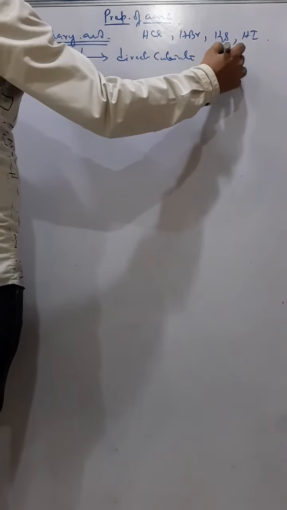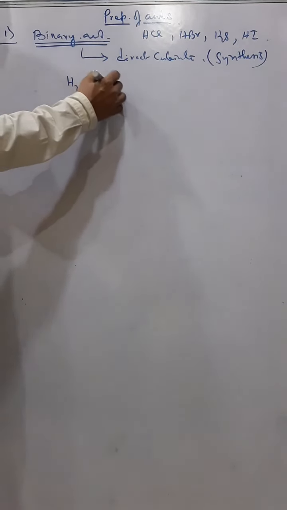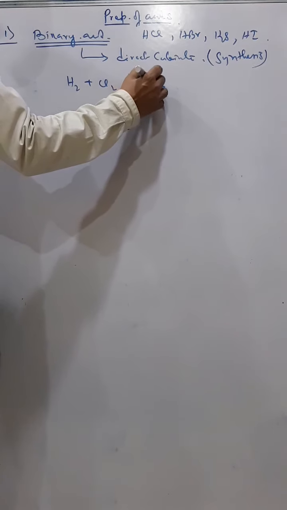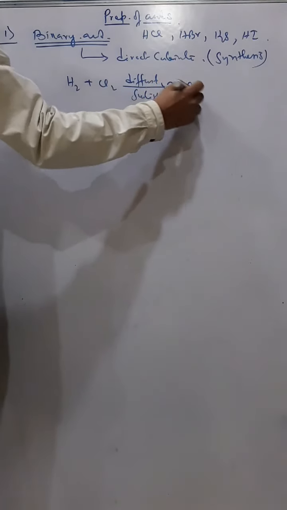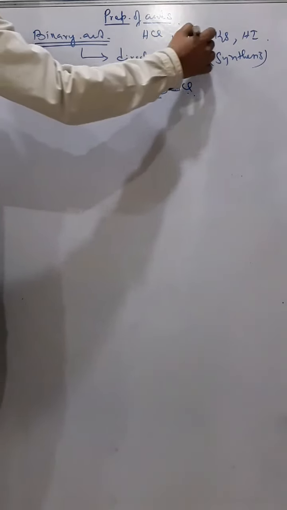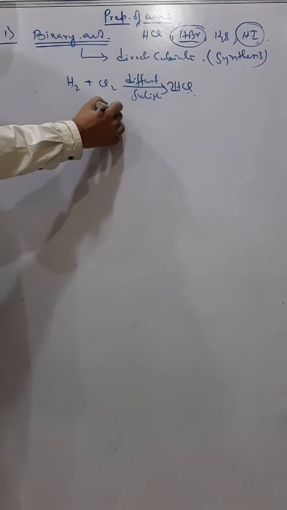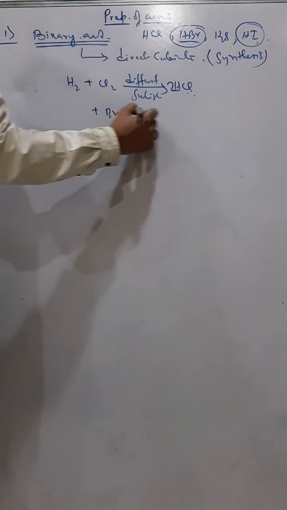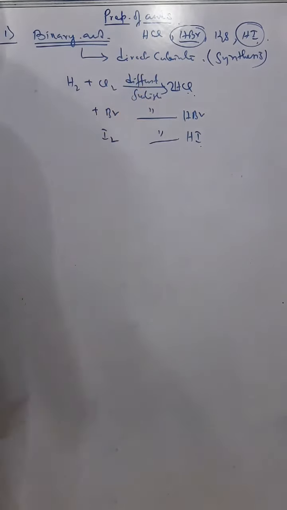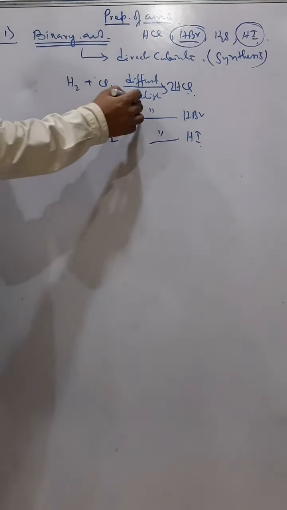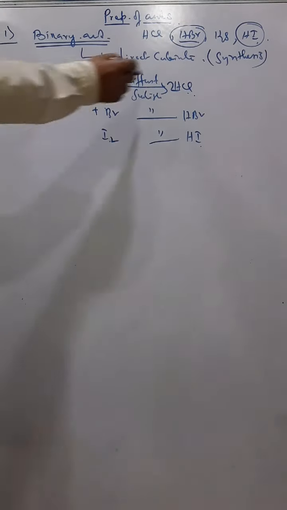That is also known as synthesis. So like H2 plus Cl2, in presence of diffuse sunlight, will give you HCl. Same thing for HBr and HI, because all these are halogens: chlorine, bromine and iodine. So same for bromine and similar for iodine, we will get HBr and HI respectively. In all cases diffuse sunlight, because these 3 reactions are explosive in direct sunlight and negligible in dark. So hence diffuse sunlight is preferable.